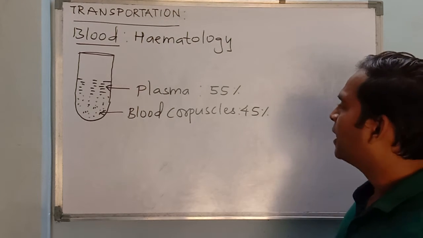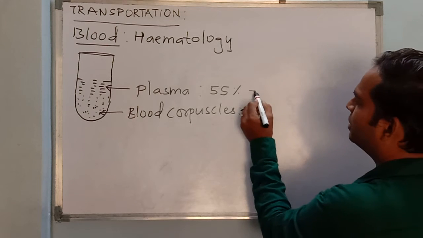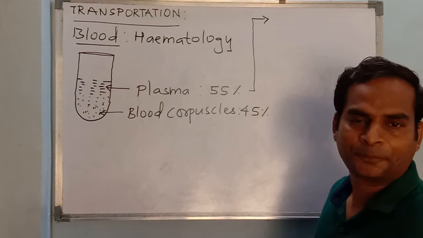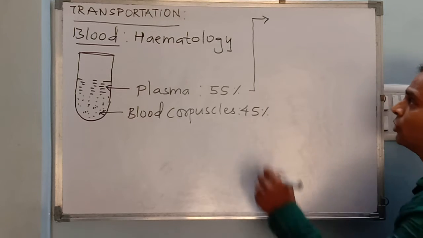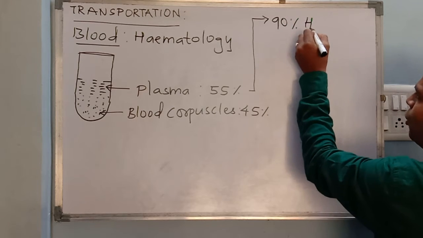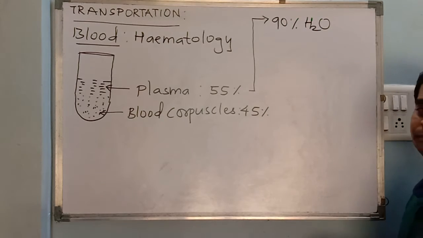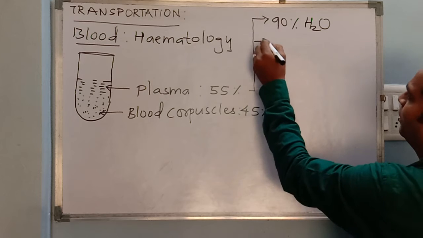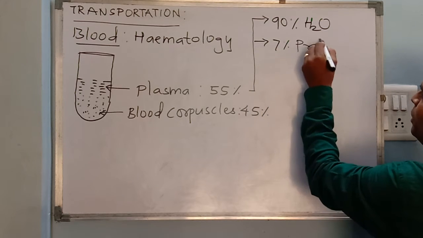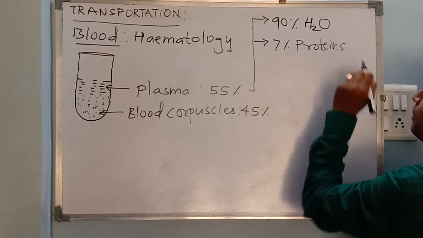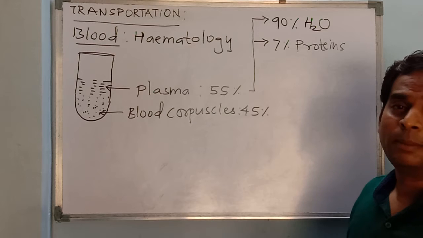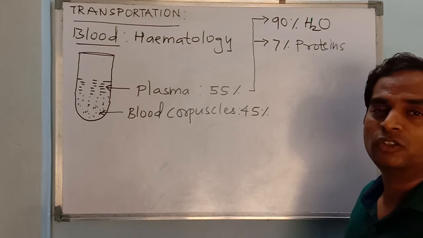Now what is there in this plasma? When we study a detailed analysis of plasma, we come to know that it consists of about 90% water, then 7% proteins, which are called plasma proteins, a very important part of the blood. And plasma proteins contain various kinds of proteins, like